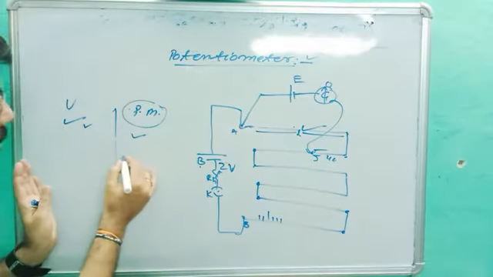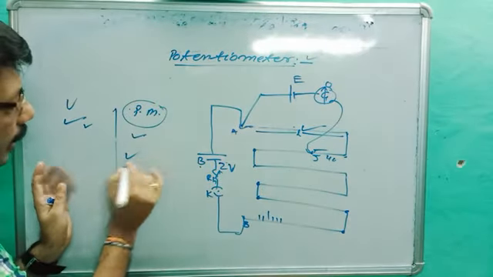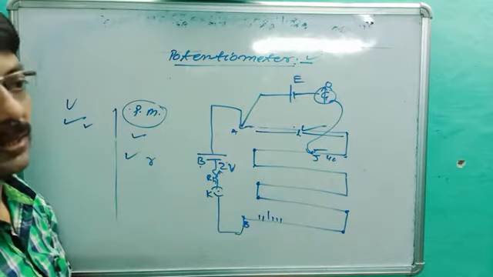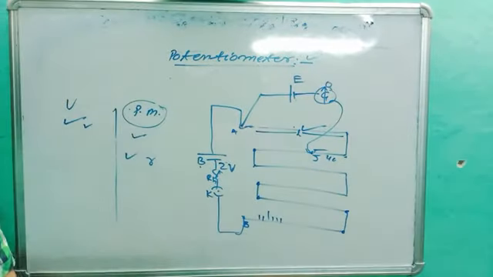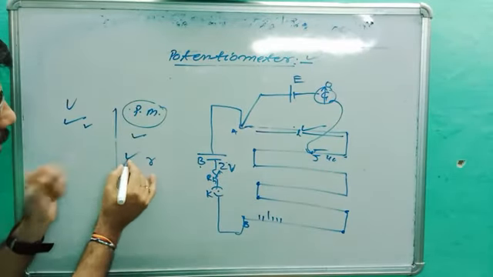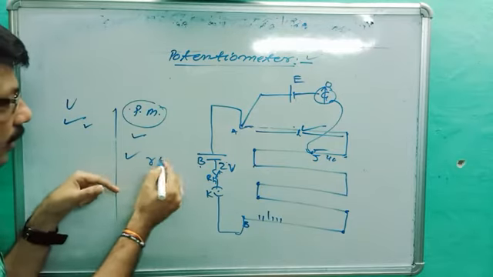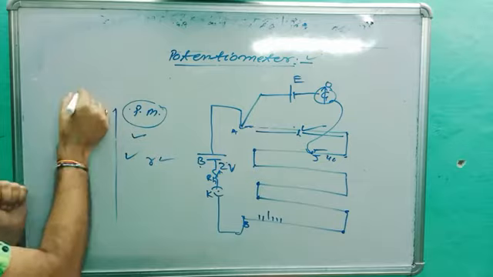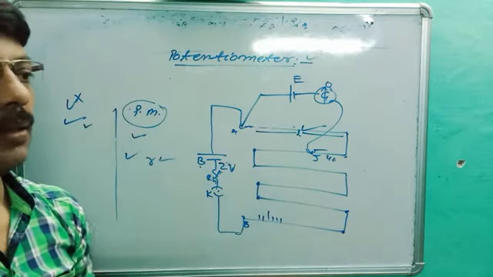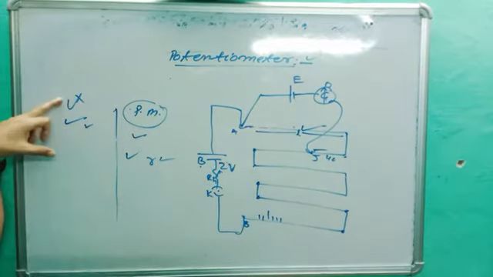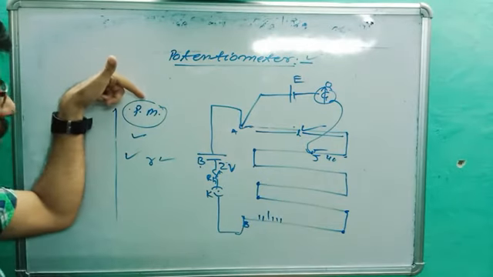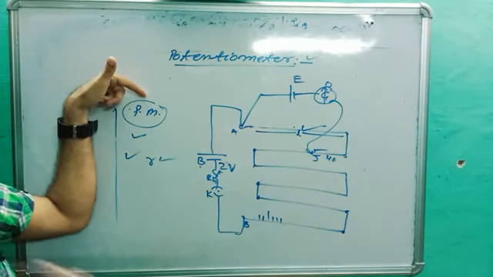Next, by potentiometer we can compare the EMF of cells and measure internal resistance. These are qualities of the potentiometer, not the voltmeter. By potentiometer we can compare the EMF of cells as well as internal resistance, while we cannot with a voltmeter. The voltmeter is based on deflection, so there is a probability of error. The potentiometer is based on null deflection, so there is very little probability.